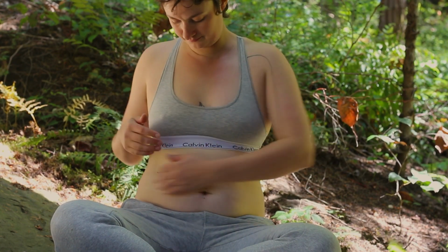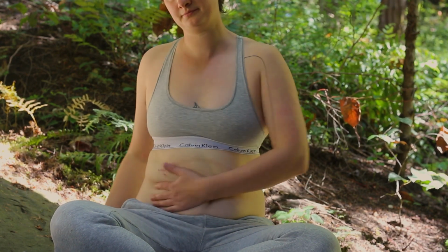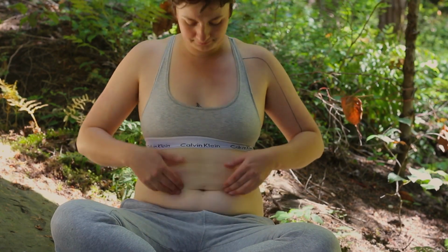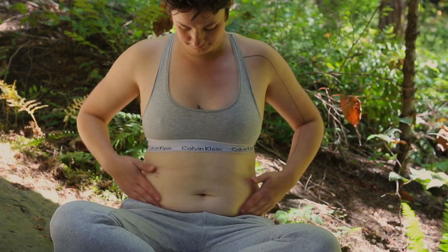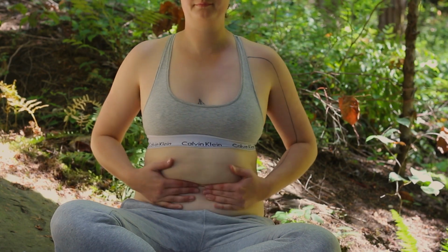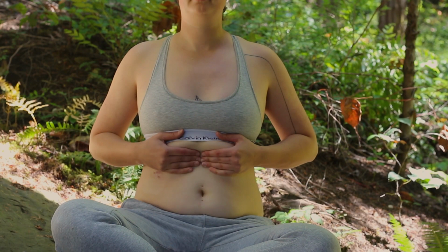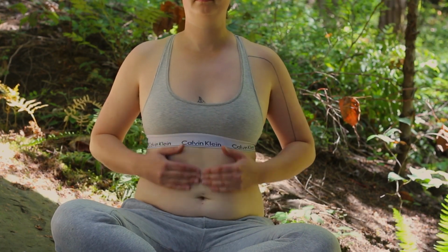Come back to that center line of lymphatic pumping between sternum and belly button. Go through another sequence for yourself. Good, and then from here we're going to follow a large intestine line. Just for reference before we start here,